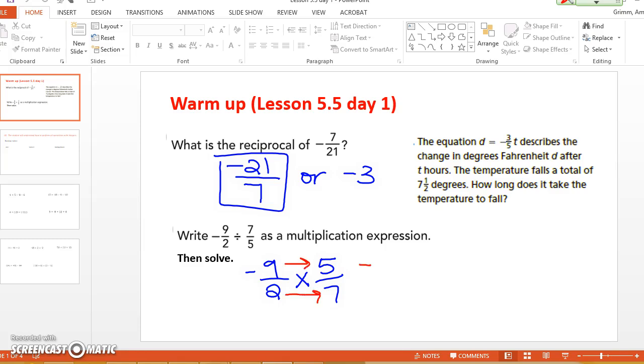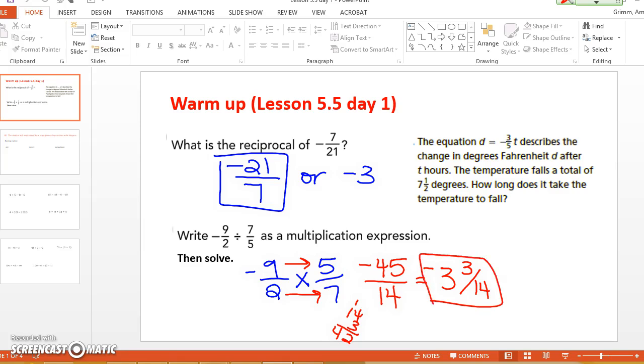So that would be what? Negative 45 over 14. And then that is an improper fraction. So how many times does 14 go into 45? 3, with 3 left over. So 3 wholes is going to be negative. 14 times 3 is what? 42. And yep, that would be exactly right, with 3 left over 14, because you keep the same denominator. Questions on that? Okay, then the last one is basically the exact same thing, except they put it into an